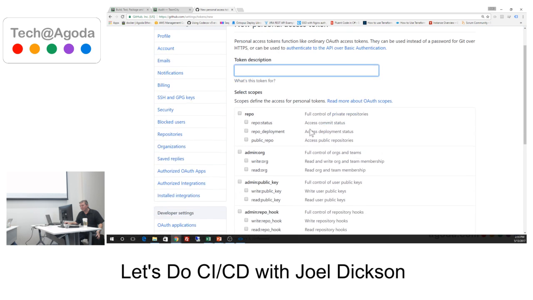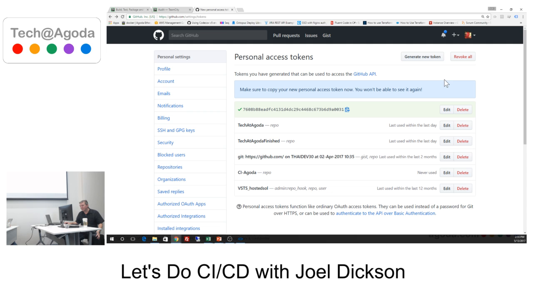Just go back to that. So you want to tick repository before you generate it. So that way we'll have the correct permissions. All right. So once you've got your token, click the copy button, and then